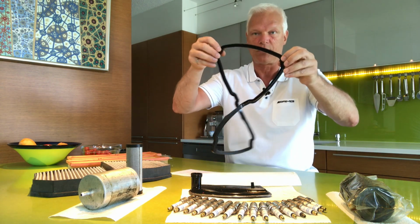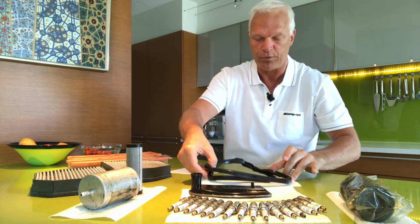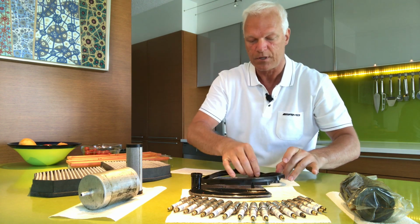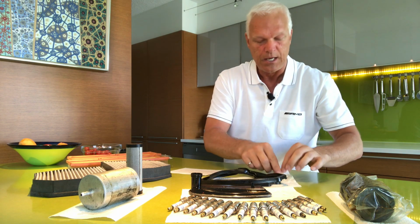Here's the gasket also that was changed on it at the same time. When you change the transmission filter and fluid, you change the gasket because you access it through a plate on the bottom of the car. And lastly,